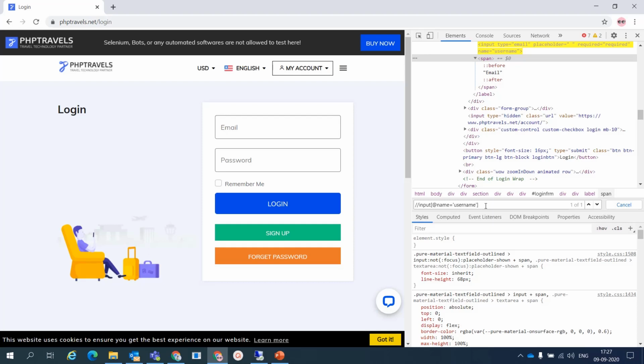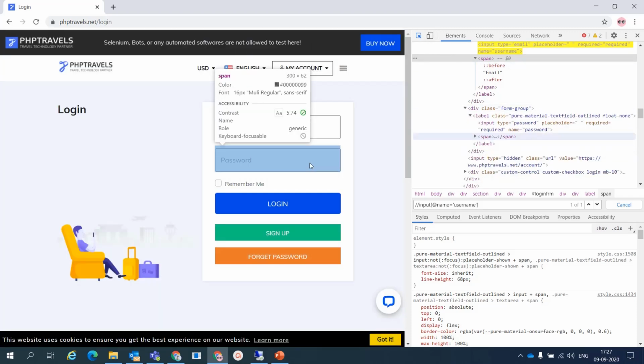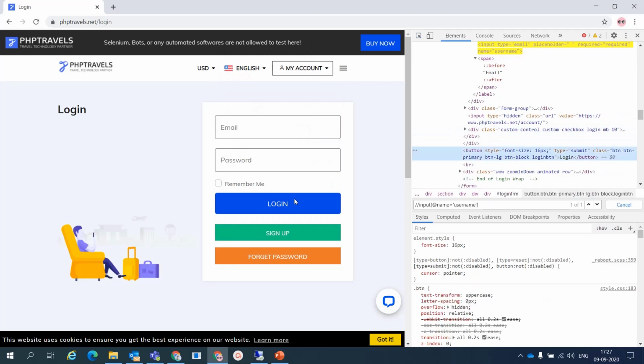Sometimes Chrome doesn't give an XPath uniquely, meaning sometimes it gives an XPath which is referring to multiple elements. Suppose I want to take the XPath of the login button.